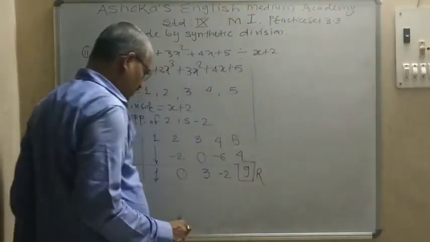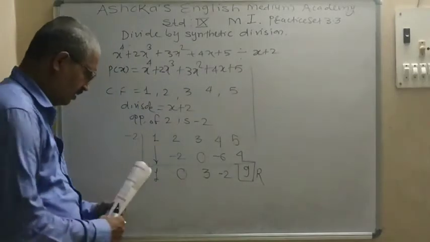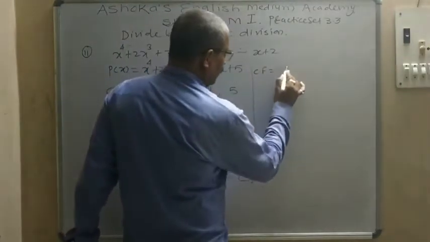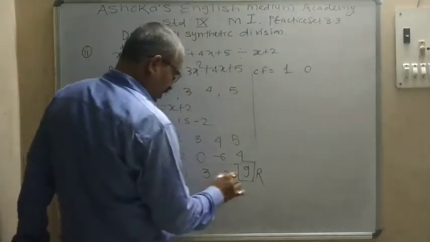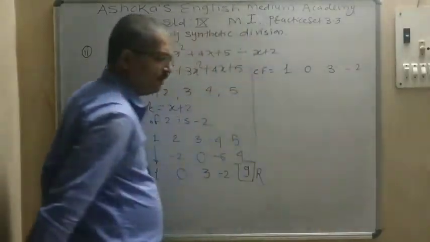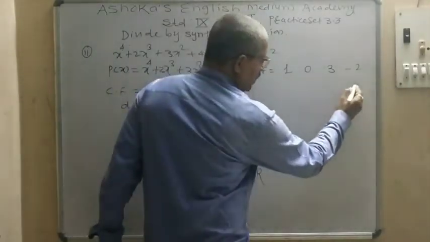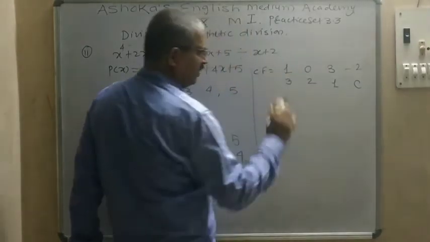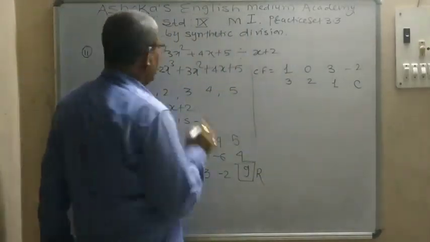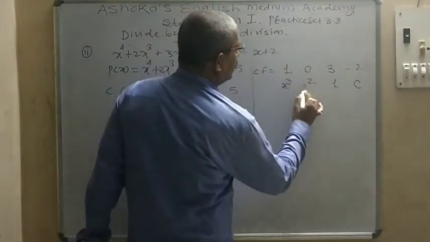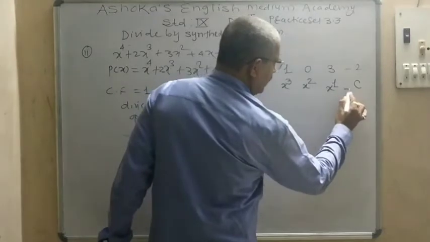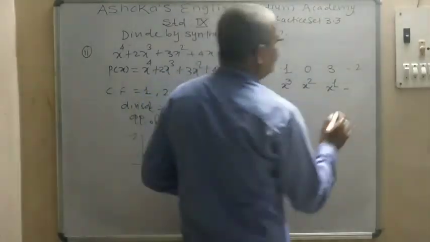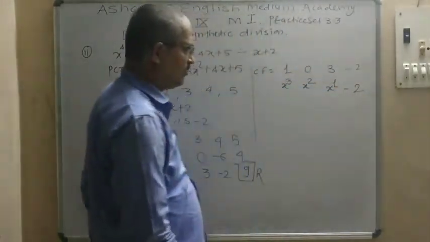Now we have to convert this. This is a coefficient form. So what to do? Here I am writing CF is equal to 1, 0, 3, −2. Okay. Then from here we should start. This is the constant term C, then 1, then 2, and then 3. Okay. Then here it is x, so x raised to 3, x raised to 2, x raised to 1, and this is instead of C. Now you may take here −2. This is −2 as it is.